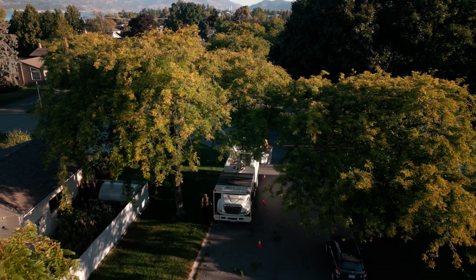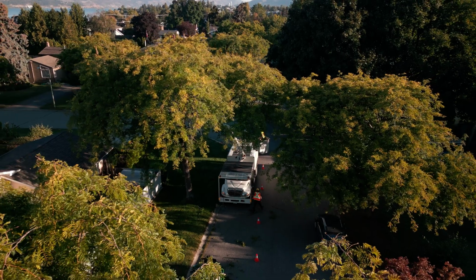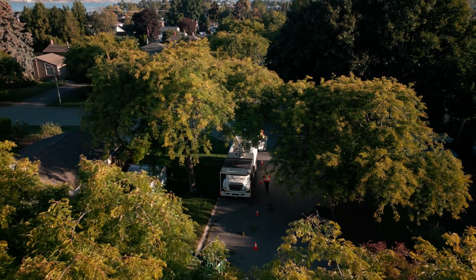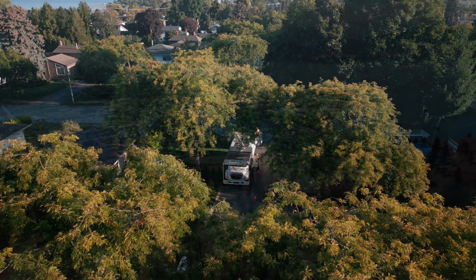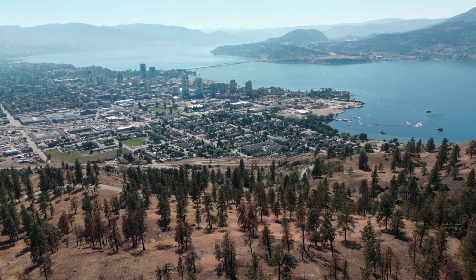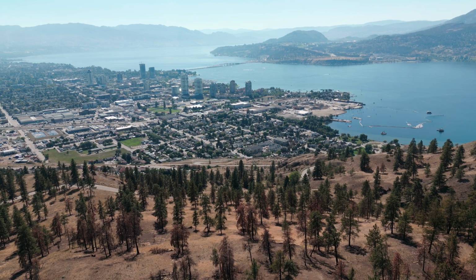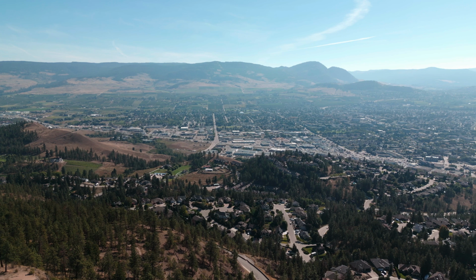The trees within the city boundary, known as Kelowna's urban forest, is a critical part of the city's infrastructure, helping to cool streets, filter the air, and control flooding. In 2023, LiDAR mapping gave the clearest picture yet of the city's tree canopy, revealing that 22% of Kelowna is